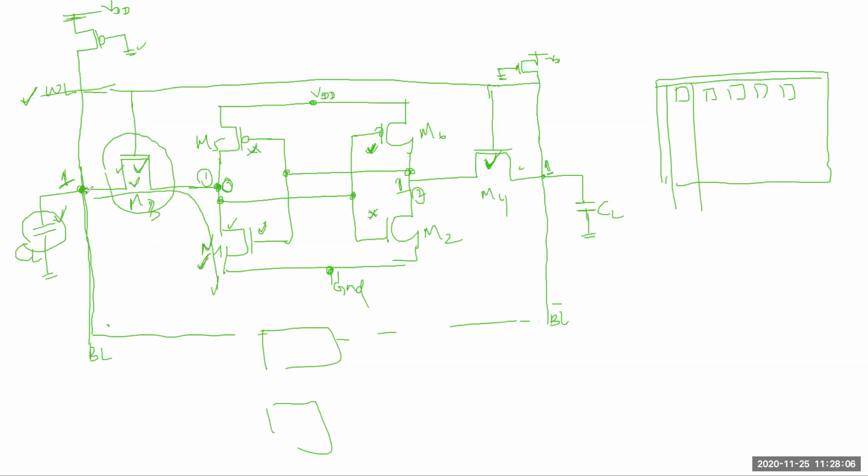So one by one. See, first we have given a 0 value here. So this is charged to VDD. Okay, this capacitor is fully charged. This value is high now. After that, we give a high signal here. This transistor on, this transistor on. Okay, so think about this transistor. Initially it was 0, and 0 means this transistor was on. So now this transistor and this transistor are on.